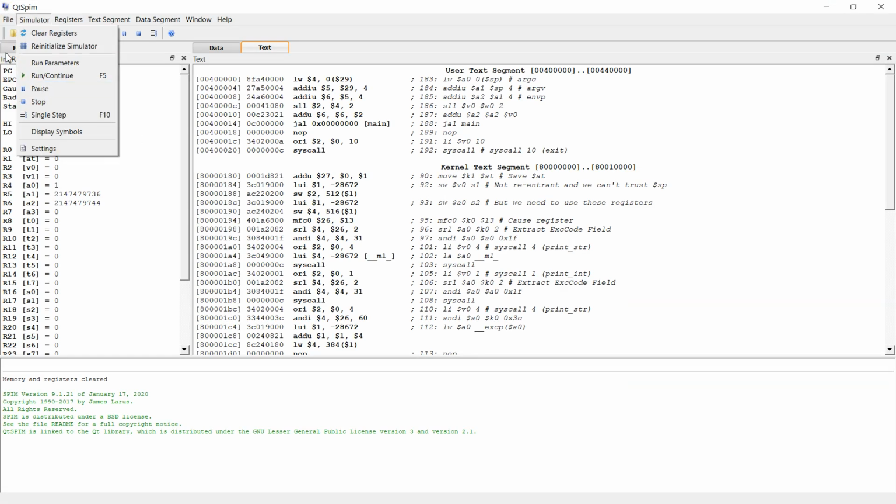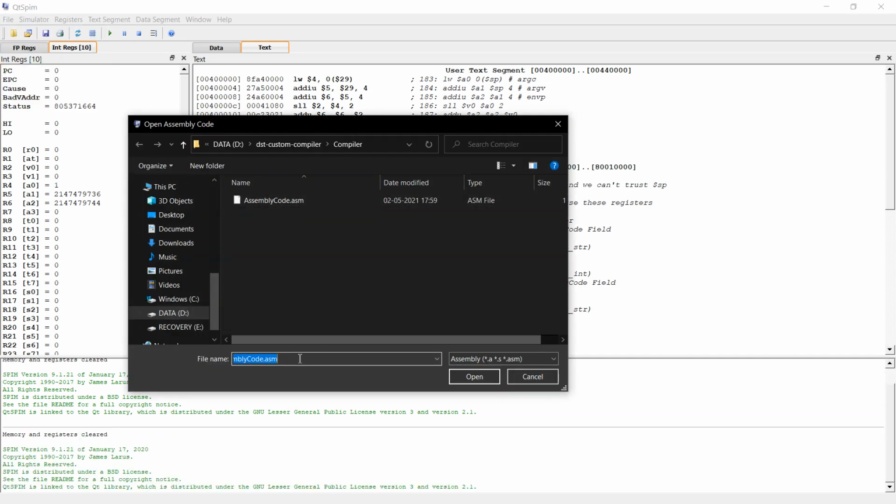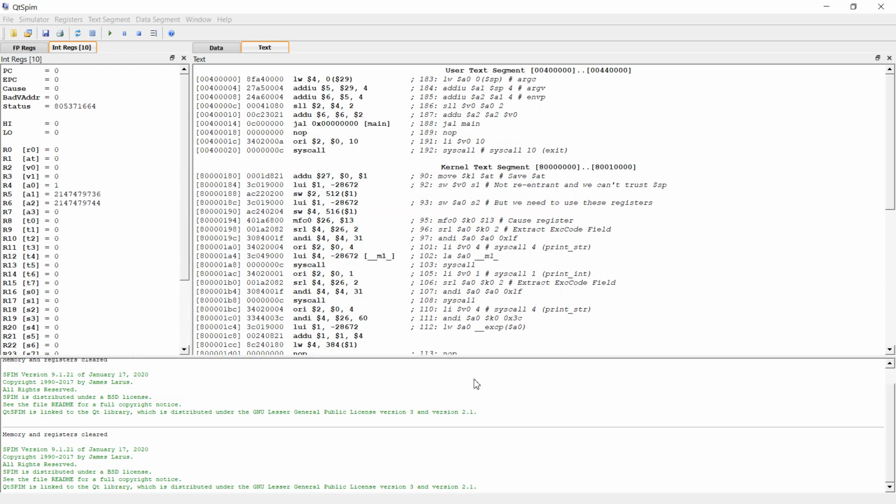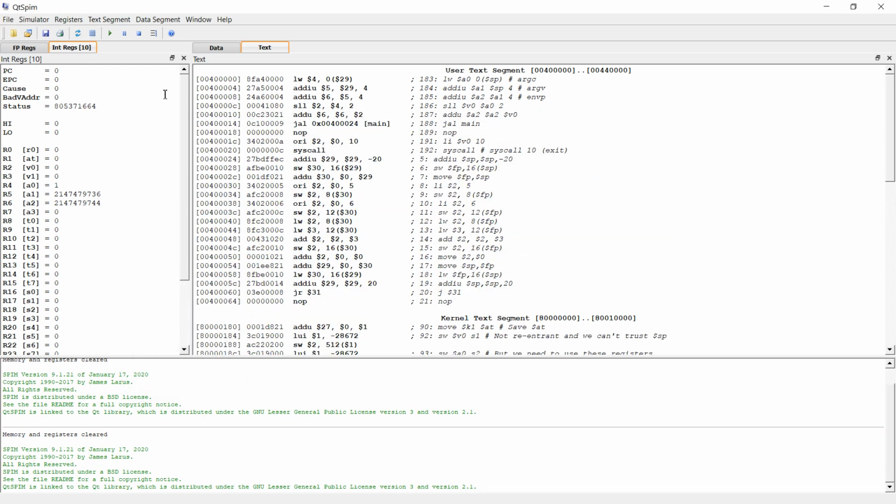From here I will be reinitializing and loading. My path is set already to assembly code.asm. I'll load it. As it has been loaded, we can do a run analysis. So initially we have got our values. Next we are passing it. So the first value I have loaded is 5 and stored it, as you can see.